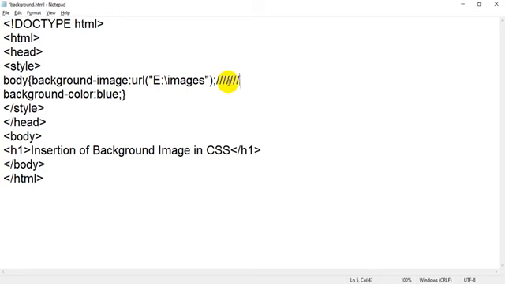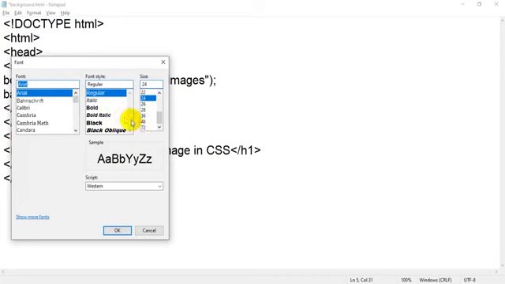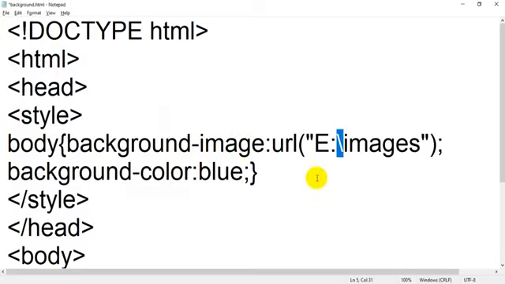So instead of backward slash, see, this is the backward slash. Should I increase the size? See, this is backward slash. You have to use forward slash.